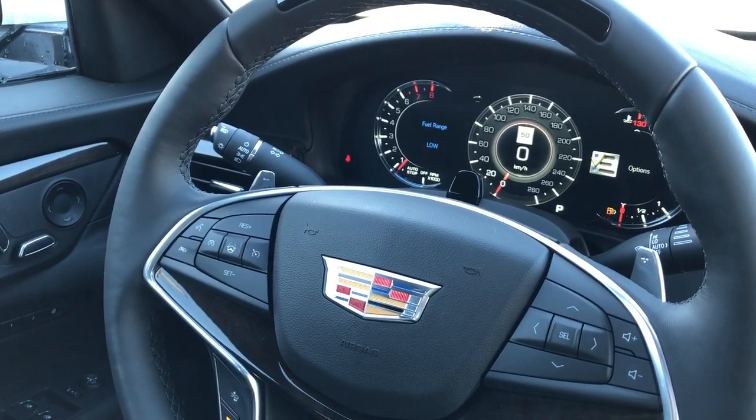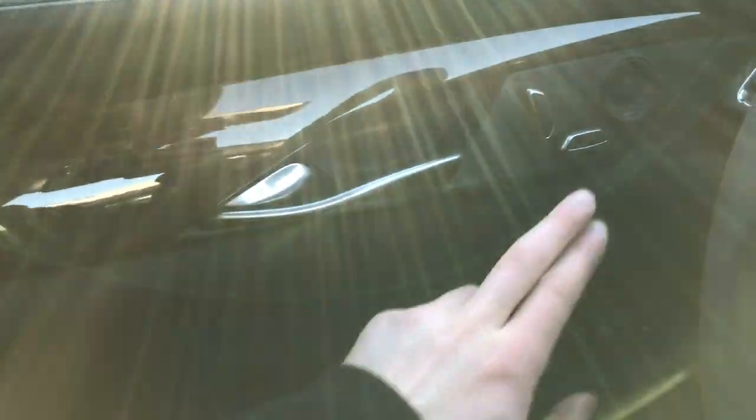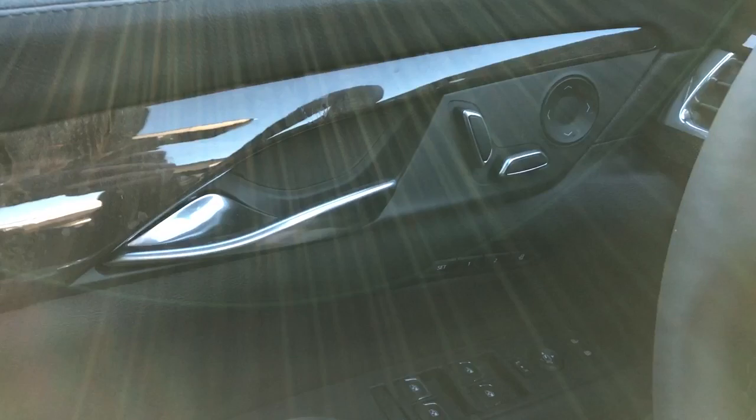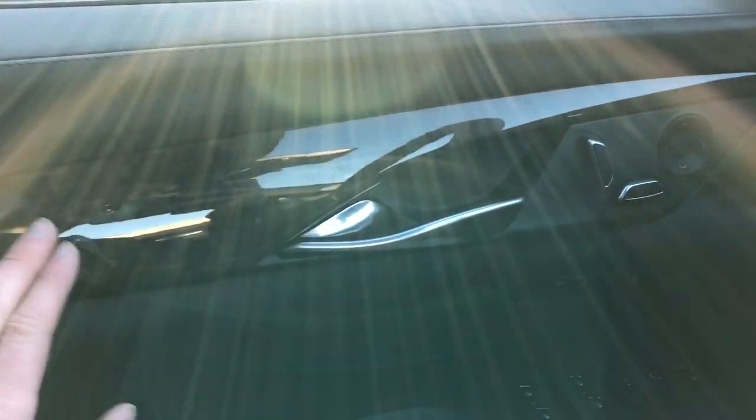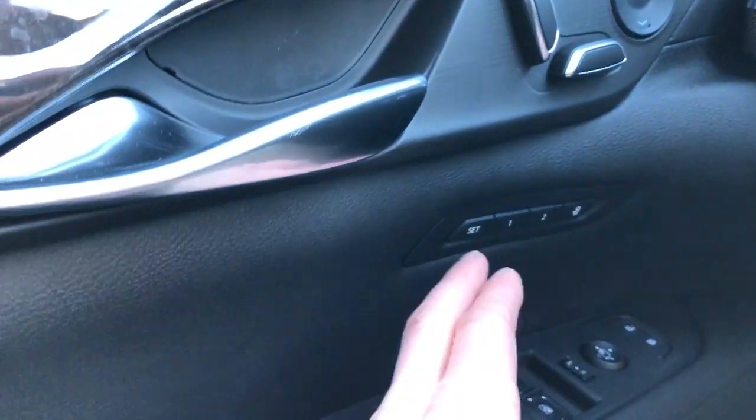Now on to the interior. We'll go over some of the driver's side features. Starting off with the door card, we can see our black leather, also our seat adjustment on the door card, as well as our lumbar support adjustment. We have our wooden trim panel and chrome door handle. Down below that, we'll see our memory seats,